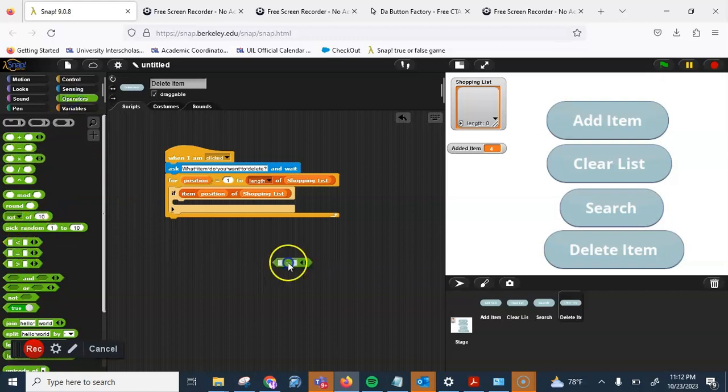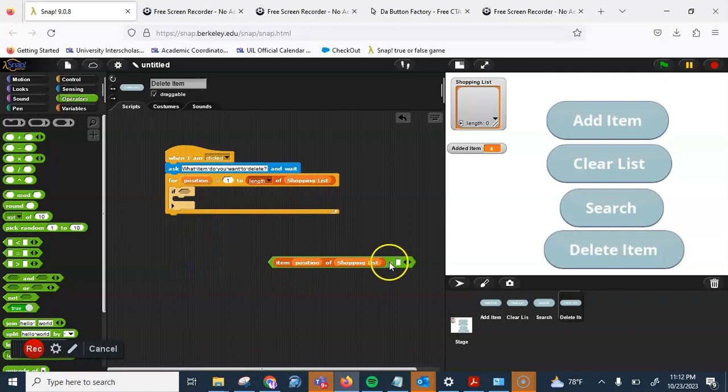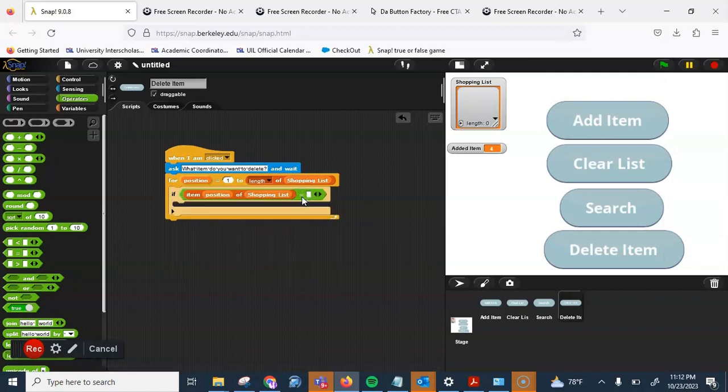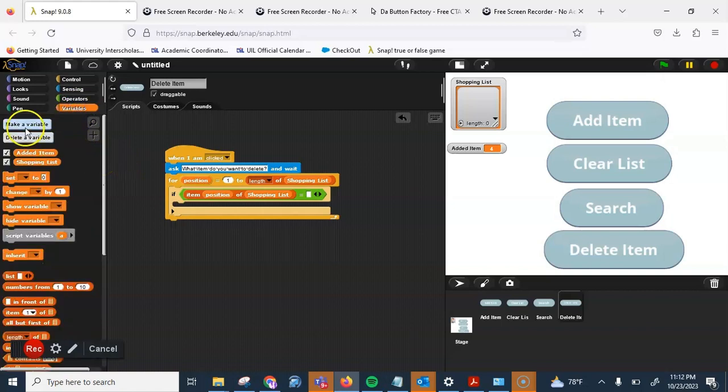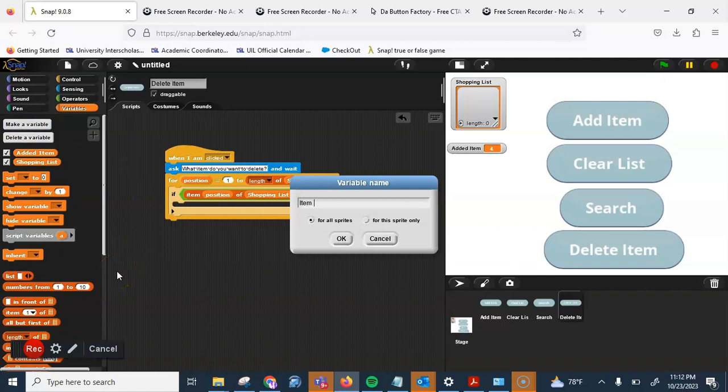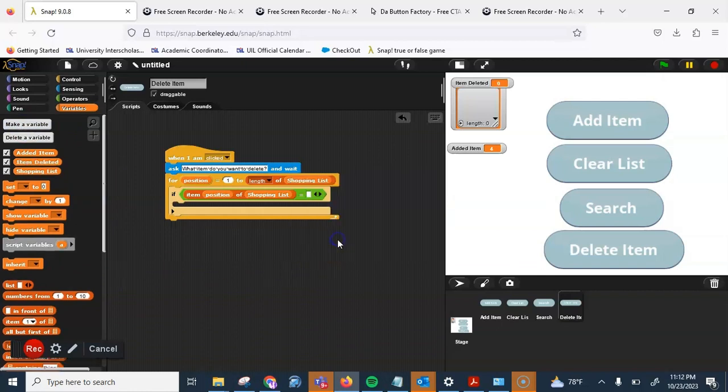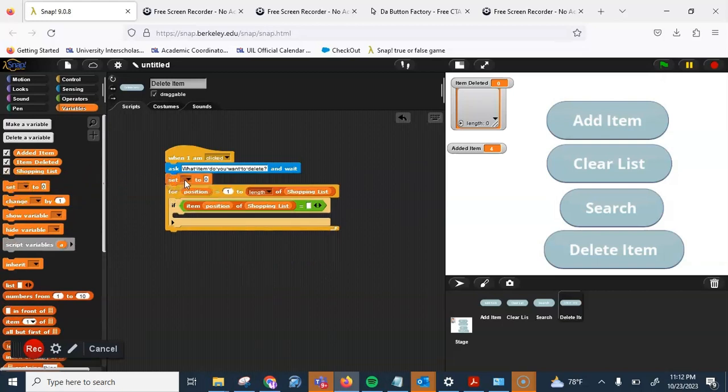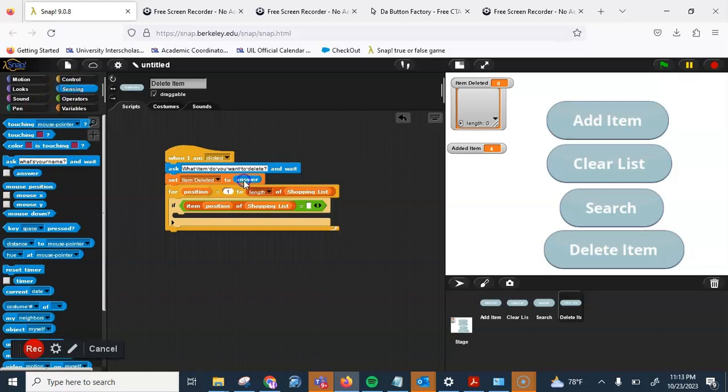equals to, I'm actually going to take this and put this in the equals, equals to the answer of this question, but again, I'm going to have to create a variable for that. Under variables, make a variable. I'm going to call it item deleted. Press OK. Right underneath the question, I'm going to put item deleted and make that equal to the answer. Alright, you're going to notice that you can use answer directly like that. Like, you don't have to create the variable, but I'm telling you, in the future, it's going to be so much easier if you just create the variable, because you won't have to be dealing with your previous answers getting deleted. So now that I have that, and if that equals to item deleted,